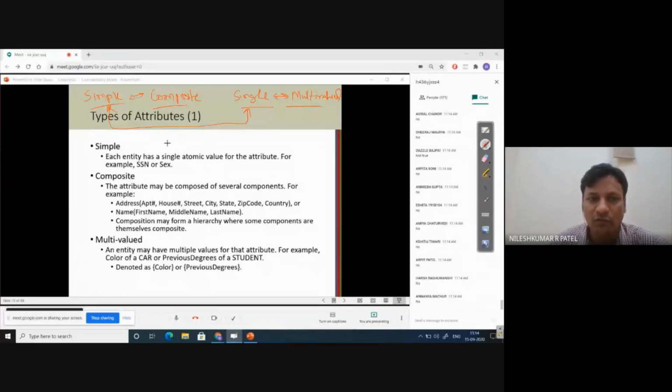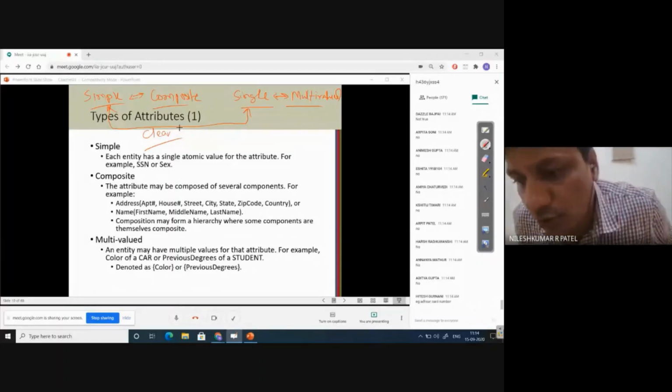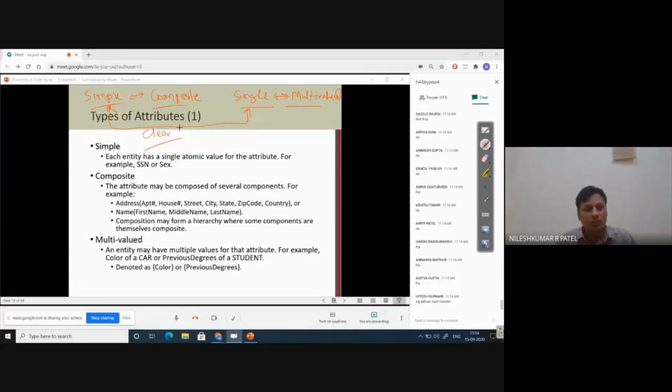It will enhance your understanding. If an attribute is simple, is it necessary that it is also single valued? If an attribute is single valued, is it necessary that it is simple also? Think this way and try to derive an answer. So, different types of attributes.